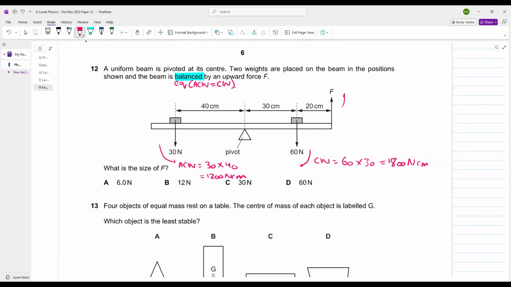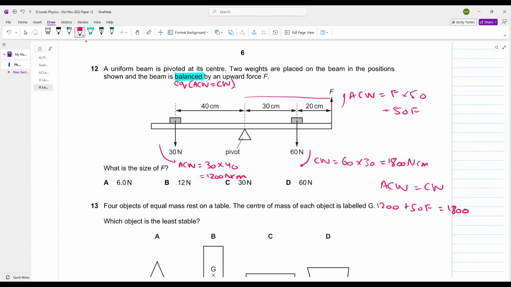This force F is also generating an anti-clockwise movement. F into the distance that is 50. What does your answer come out to be? 50F. Now what will you say? Anti-clockwise moment is equal to clockwise moment: 1200 plus 50F is equal to the clockwise